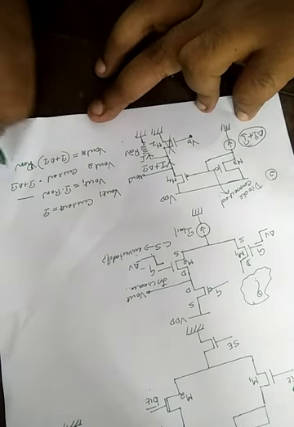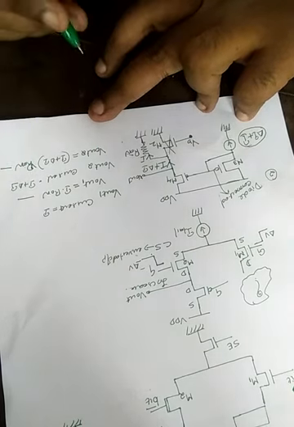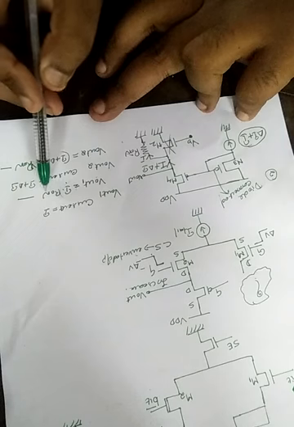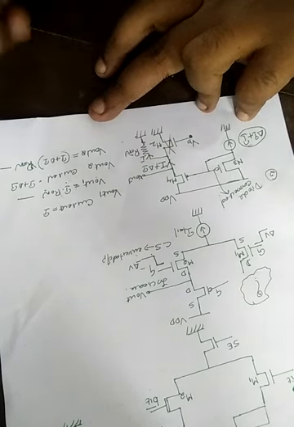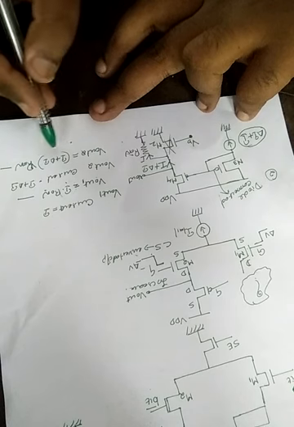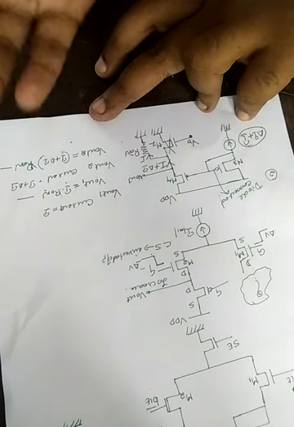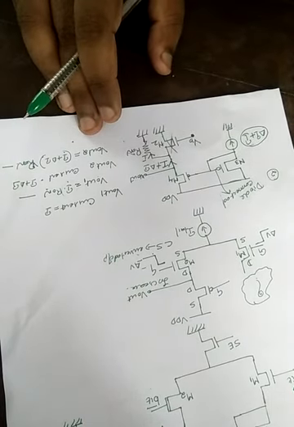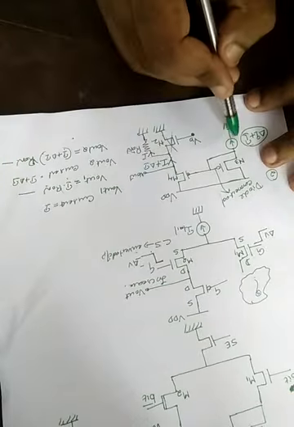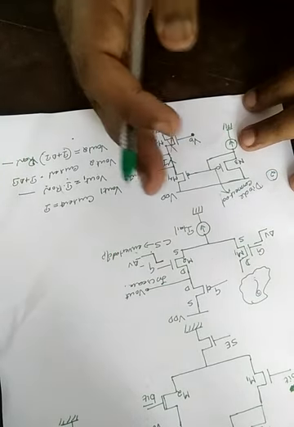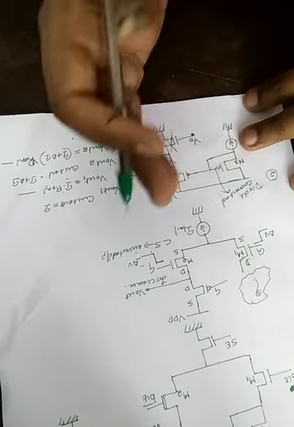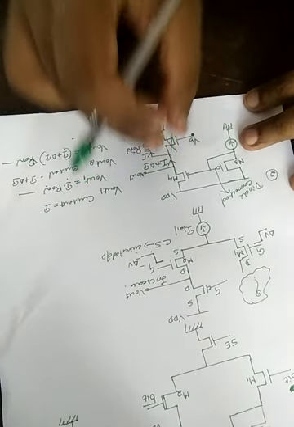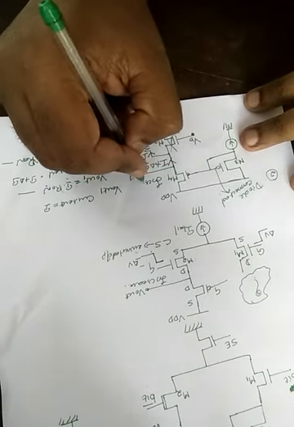Okay, we can compare these two cases. Here our current is I, and the voltage is I into R ohm. I have changed the current from I to I plus delta I, and the voltage will be I plus delta I into R ohm. That means the voltage is increased. The second point that you should keep in mind is that if you are changing the current flowing through one arm, due to the current mirroring mechanism, the current through the other arm is changed, and as a result of this, the voltage at this output terminal increases. Here also the voltage is increased.